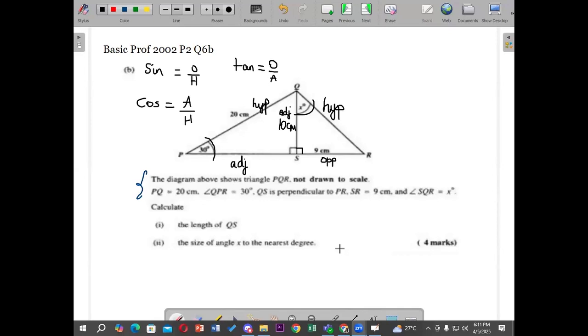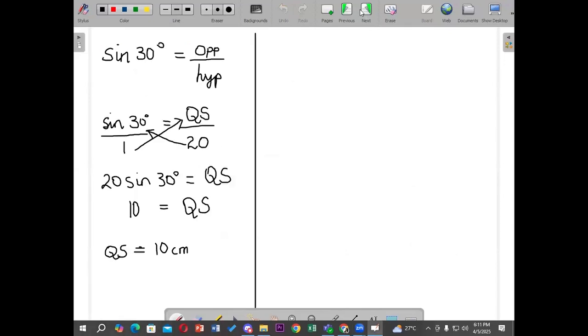Tan x is what we're going to start off by writing, because we want to find the missing angle x. So our working is going to look something like this. We're going to write tan x is equal to the opposite over the adjacent. And like I said, it makes all the difference when you have to work this out, because